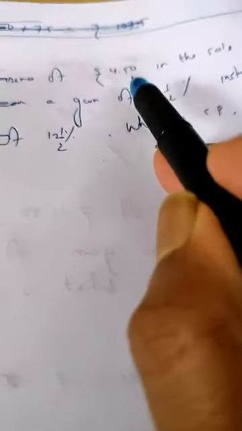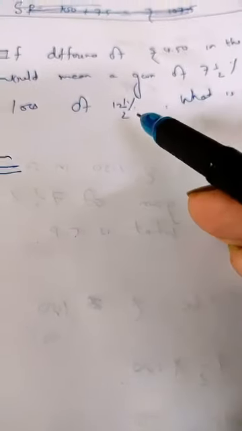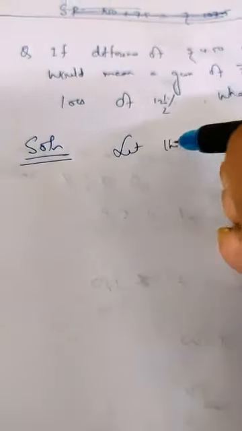Solution. The difference in selling price is 4.50, when gain is 7.5 and loss is 12.5. That means what? Let the cost price be